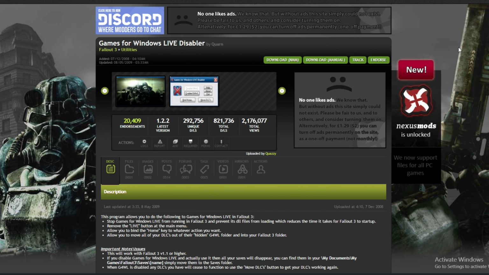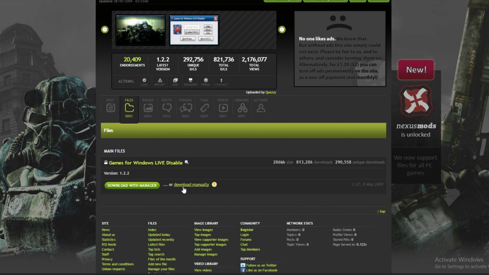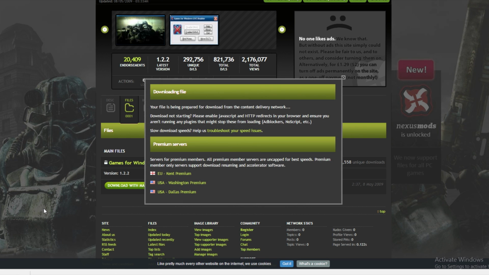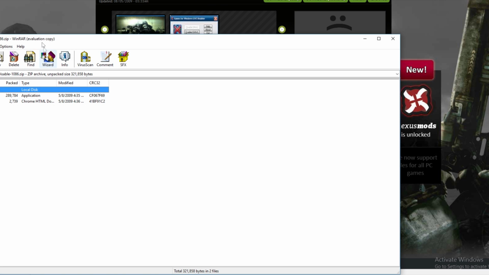So what you want to do is you actually want to disable Windows Live using this, which has a really big chance of fixing a lot of your problems. Of course, there is a chance it might not work, and all of your problems aren't relevant to this, but this is just a good thing to get out of your way. It's also a shitty service, so even if you don't fix anything, at least you've gotten rid of this unnecessary bullshit. So go ahead and open up the Windows Live disabler,